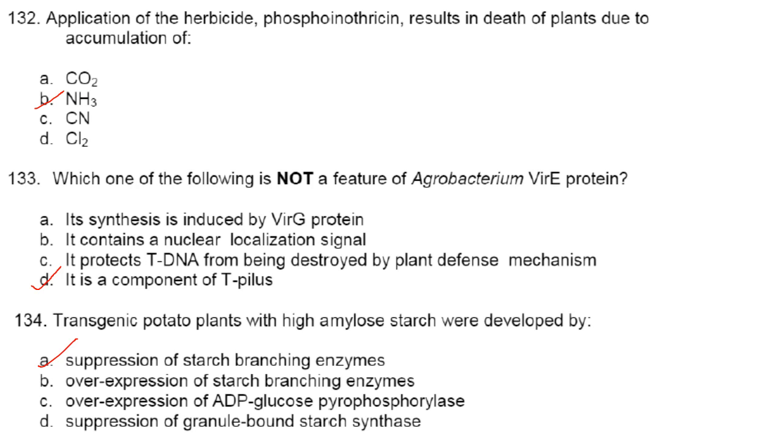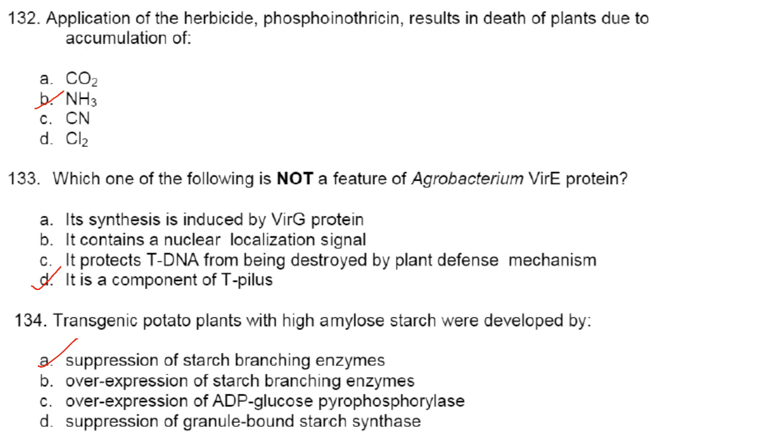Which one of the following is not a feature of Agrobacterium tumefaciens E protein? Its synthesis is induced by Vir-G protein. Yes. It contains nuclear localization signals. Yes. It protects tDNA from being destroyed by plant defense mechanism. Yes. It is component of T pilus. Of the Vir genes, the 11 genes of the B operon are involved in the synthesis and assembly of the T pilus, with the product of Vir B2 gene being the subunit precursor of the T pilus. So it is not Vir E protein, it is Vir B. So answer is option